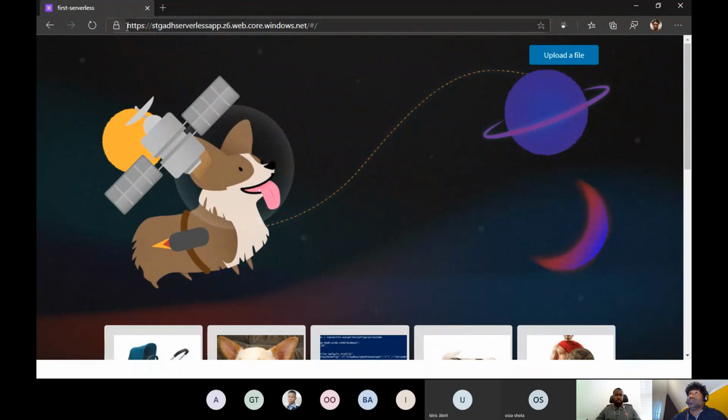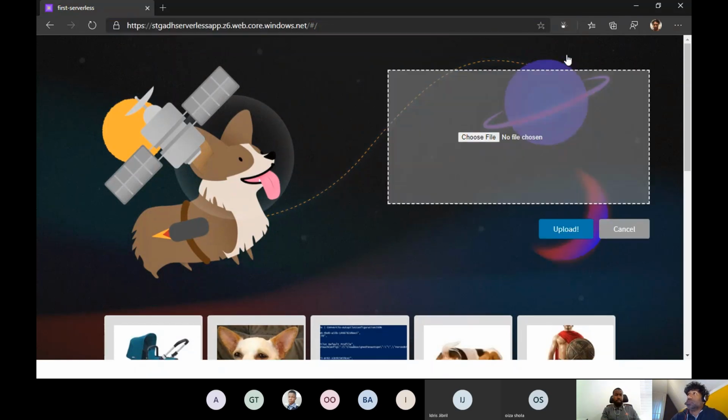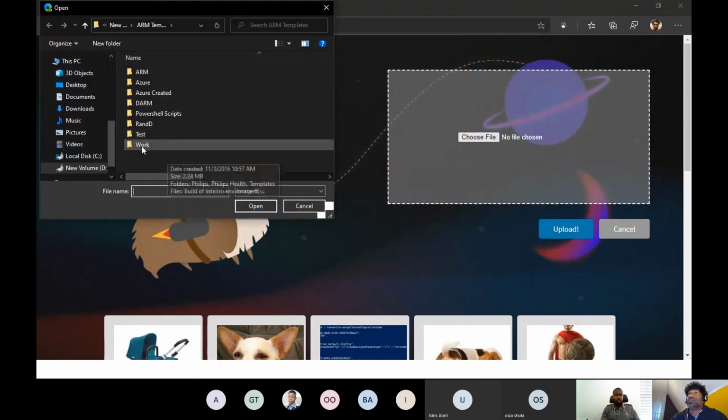If you can see and make out the link, you pretty much just need this DNS name. So if you can see that, you can connect to it. And it allows me to upload, choose a file, and